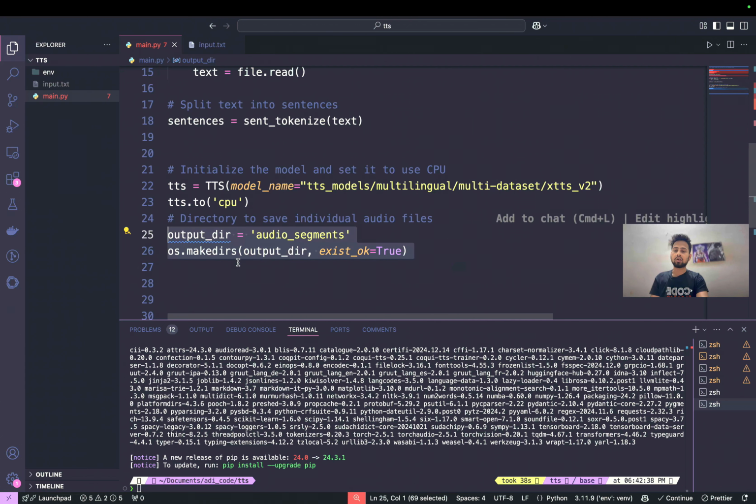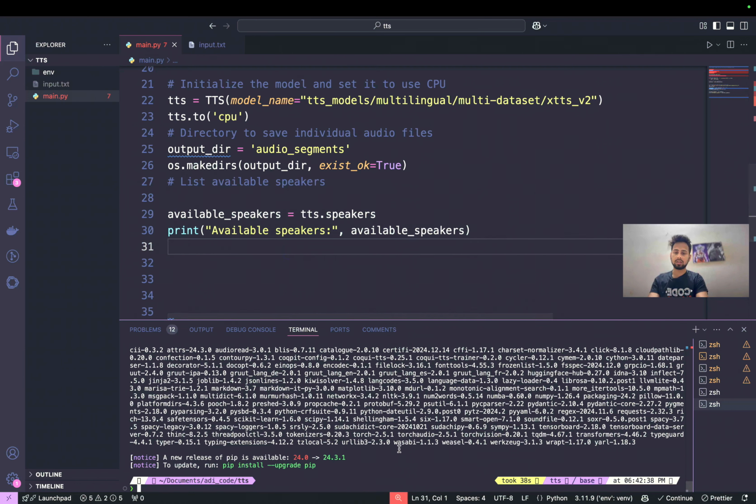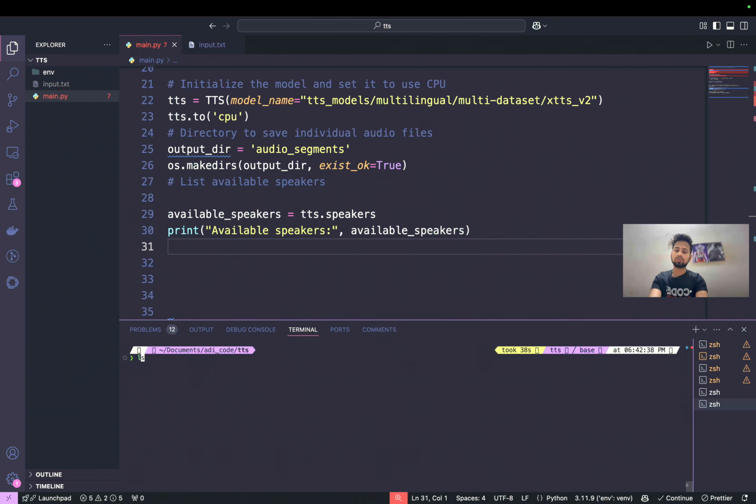And here we are creating an output directory where all our audio segments will be saved. Here there are different types of speakers available, which you can use to get the audio out. There are different personalities, as I have said. So if I run the code now,